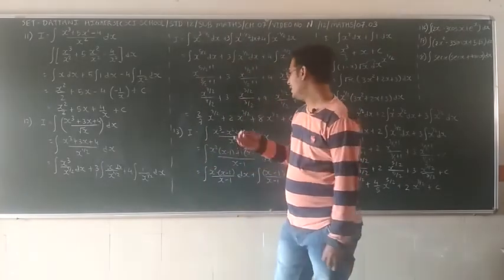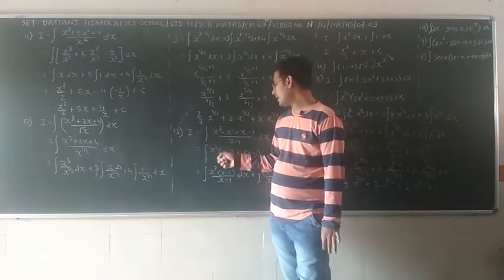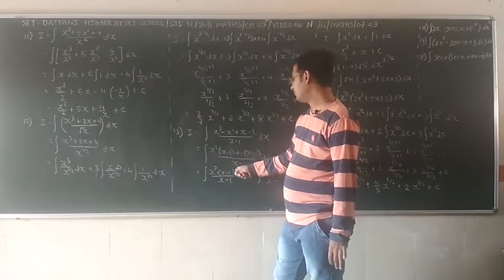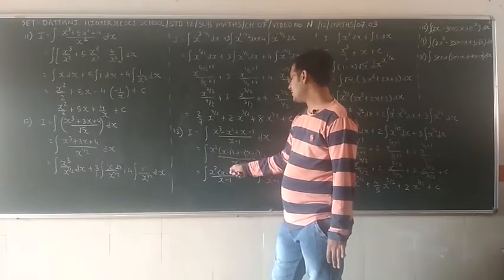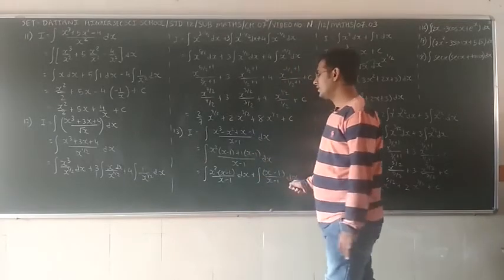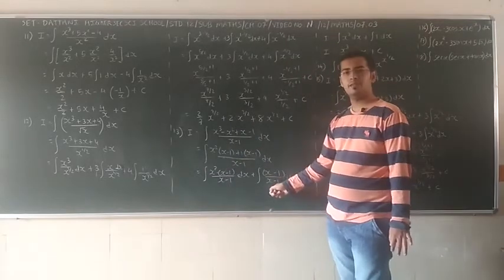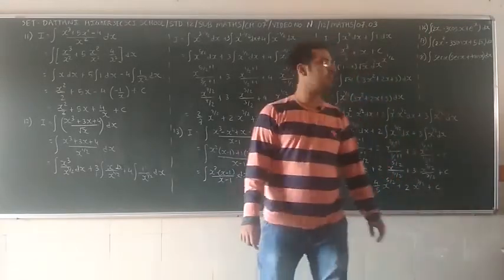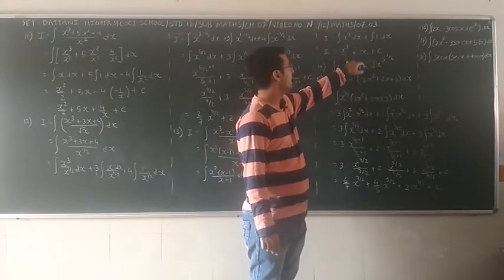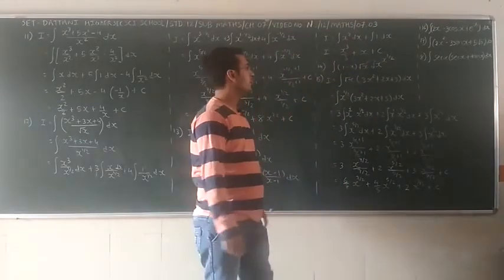So again, we write it in division form, numerator upon denominator. So what do we have to do? We have to check if there is a common factor. Yes, here x square is common, so you get x square times (x minus 1) plus (x minus 1) upon x minus 1. Separate both terms: x square into (x minus 1) upon (x minus 1) dx, plus (x minus 1) upon (x minus 1) dx. Here x minus 1 cancels, and x square is left. Numerator and denominator cancel in the other term too, so only 1 is left. Integration of x square is x cubed by 3, plus integration of 1, that is x, plus c. That is our final answer.